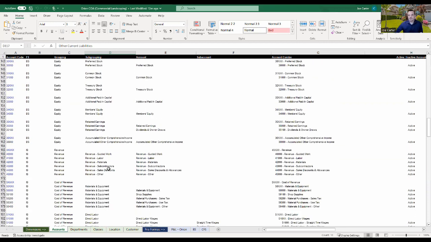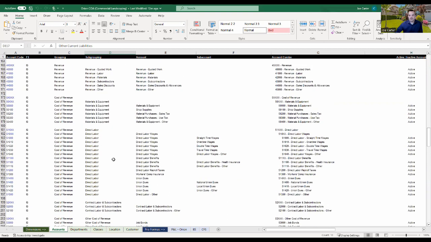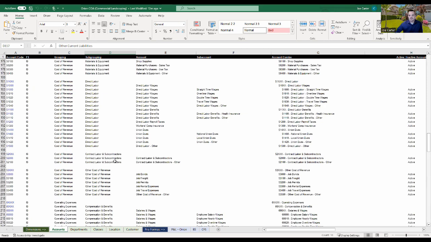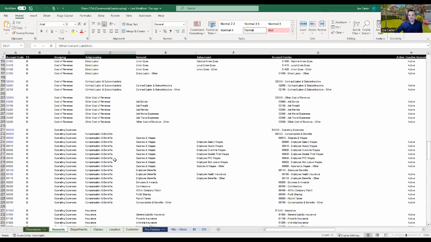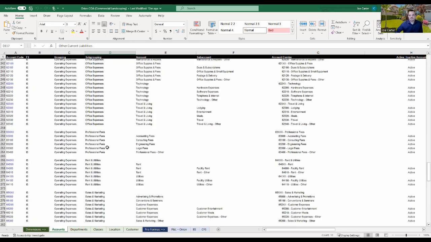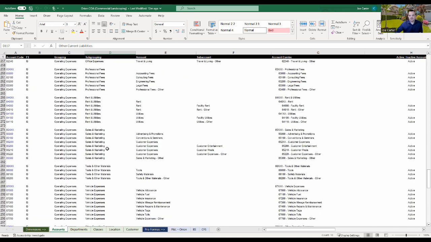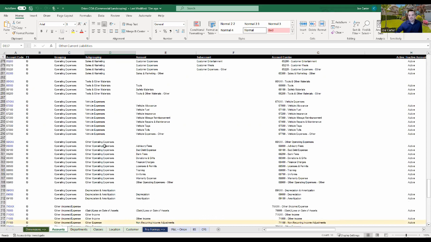The next grouping is revenue. Revenue is classified as quoted work, labor, materials, subcontractors, sales discounts, and other. The next grouping is cost of revenue, which would include materials and equipment, direct labor, contract labor/contractors, other costs of revenue, followed by the grouping of operating expenses, which would be compensation and benefits, insurance, office expenses, professional fees, rent and utilities, sales and marketing, tools and other materials, and vehicle expenses, followed by other operating expenses and depreciation and